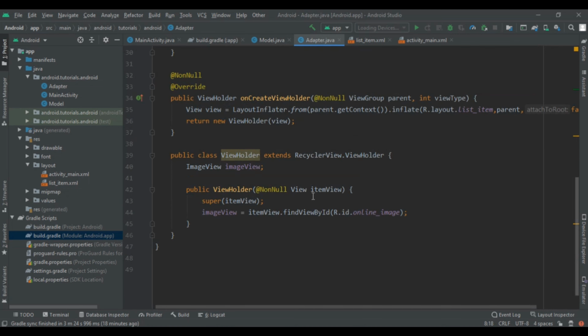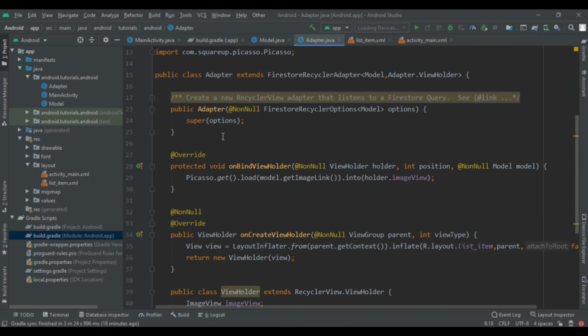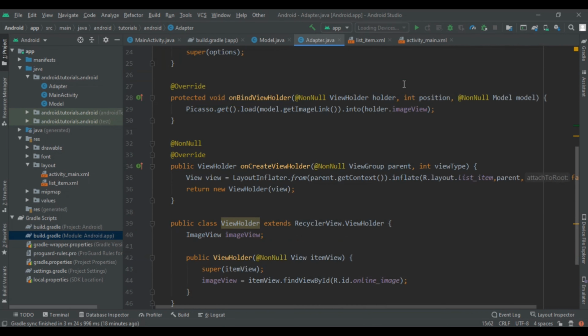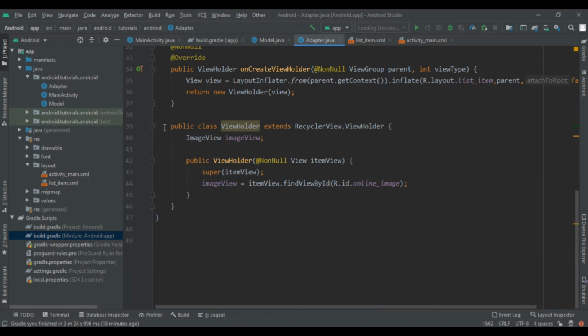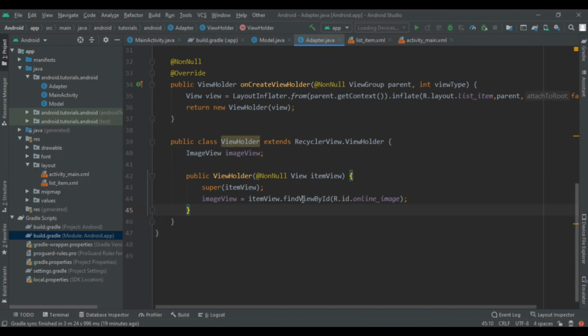In our adapter, we are going to extend it with Firestore Recycler Adapter, and then create a model, and in that we have to cast our model that we had created instead of this view holder. So here is that view holder class that we had created, which only extends the recycler view holder and one image view, which we are going to implement in this project.